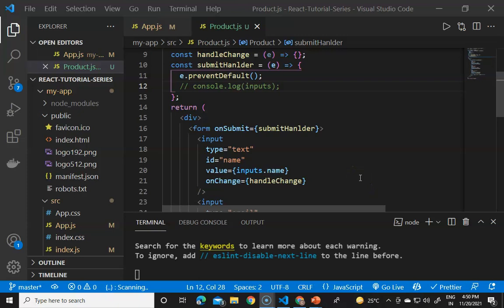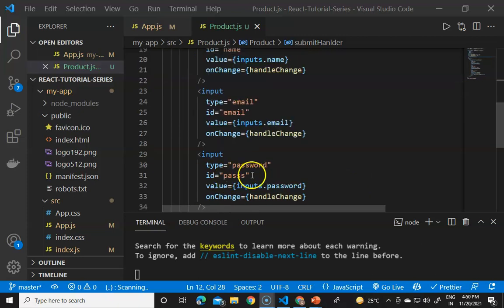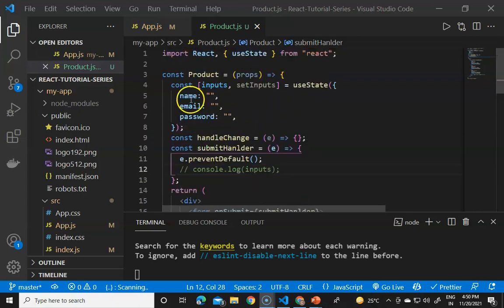So if I will now save, and now the logic here will be like if any of the input field value will be changed, so we have to get the ID of that, and then we have to get the value of that, and then we have to store the ID and the value in our inputs variable, like in the input states, like inputs.name, email and the password. So whenever the name will be changed, we have to store the name. Whenever the email will be changed, we have to store the email, and whenever the password,